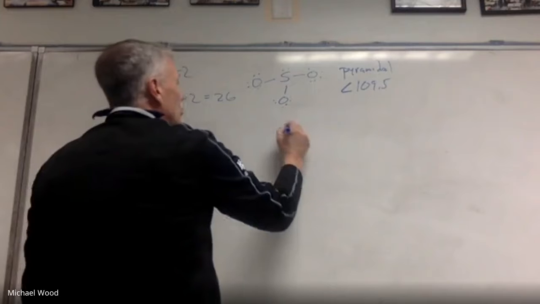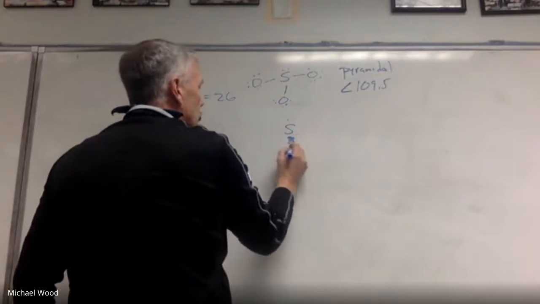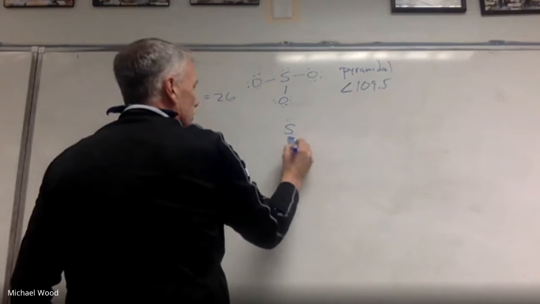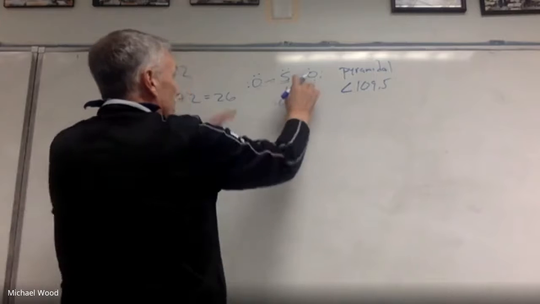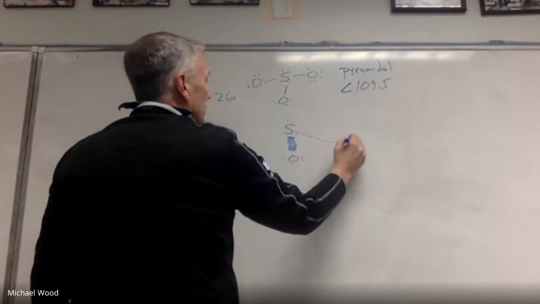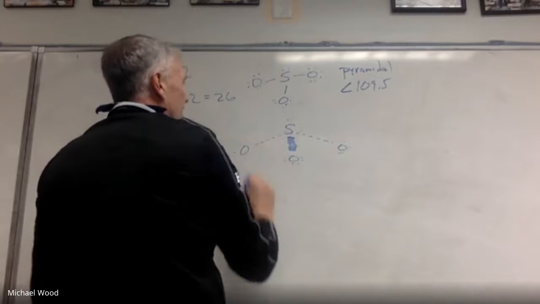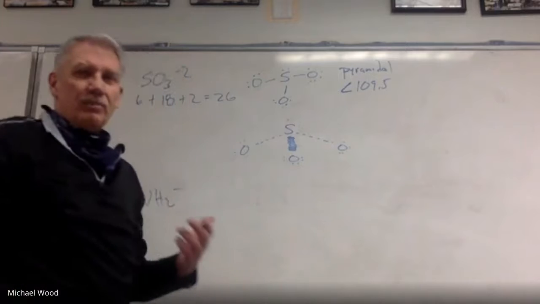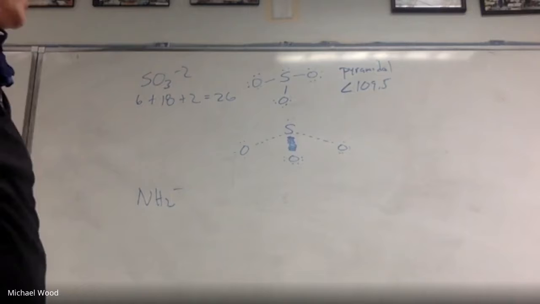So how you would show that in 2 dimensions, if something's coming towards you, I always just shade it in really dark, like this. And these two would be going away, so I would show that as a dashed line. And again, I'm not going to hold you to this because you're not going to be able to actually build these molecules. I'm just going to try and show you the best that I can.